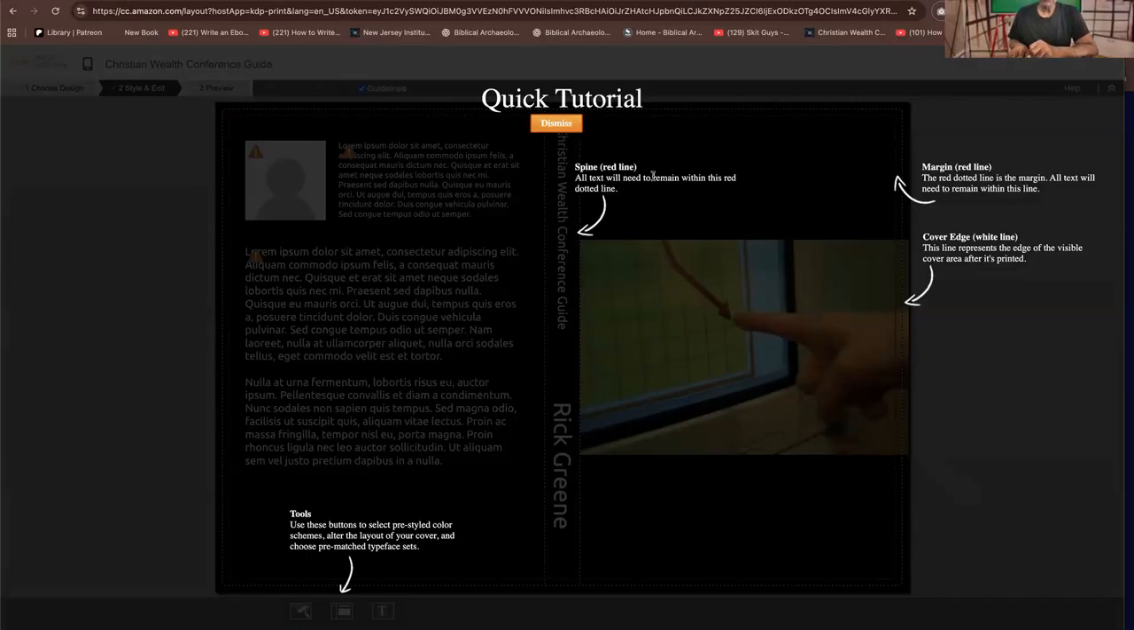It gives you a tutorial, talks about the spine, the red line. All the text will need to remain within this line. Margins, keep that in mind. It's very important because they actually cut the book and you don't want any of your wording to be cut off. The cover edge, remember we talked about bleed, it runs all the way off the edge of the page,